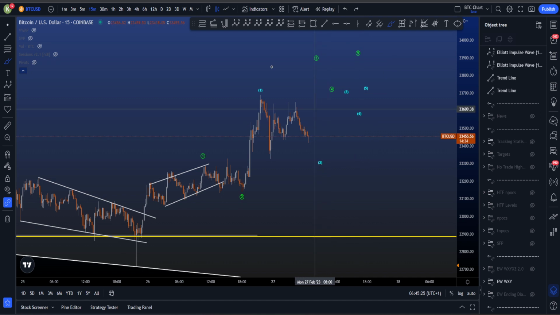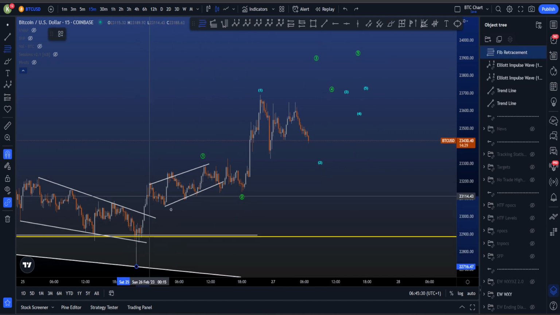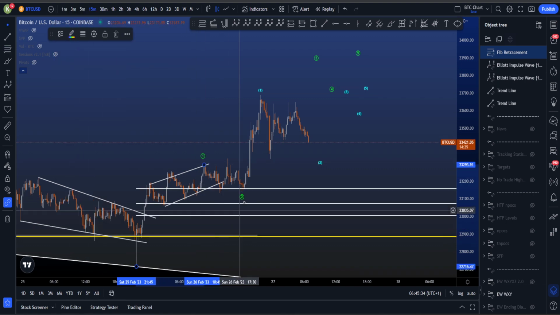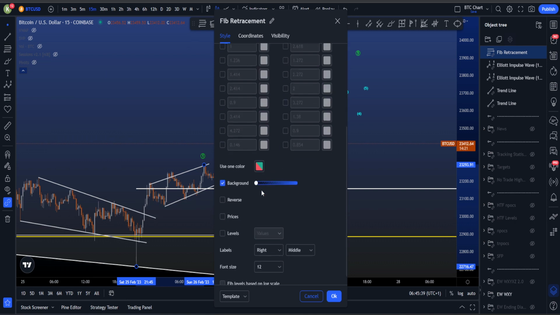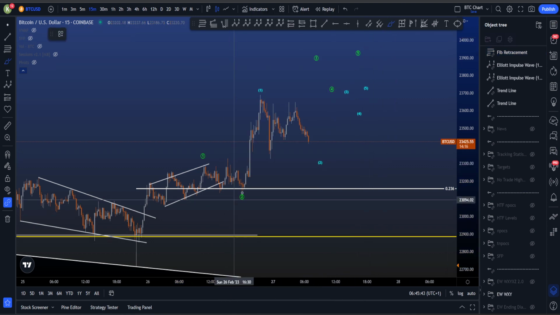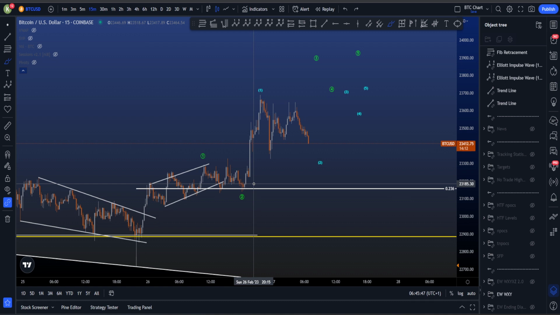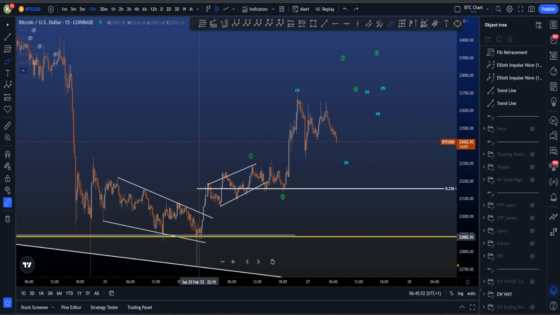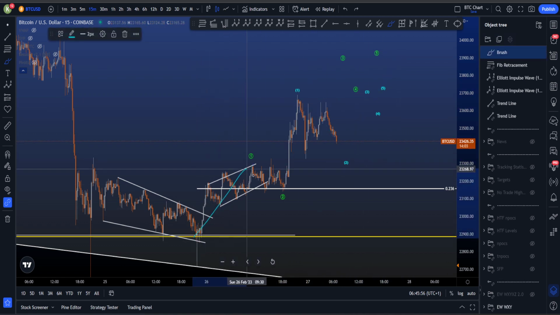However, something I don't really like is that if this is indeed a wave 2, it retraced very, very shallow. It only retraced to the 236, which is something that I'm not really a fan of, to be honest. So you see here that wave 2 retraced to the 236, which is very uncommon. So this might also be, and that is the bearish scenario, so we have the bullish scenario over here, but the bearish scenario is that this is some sort of a